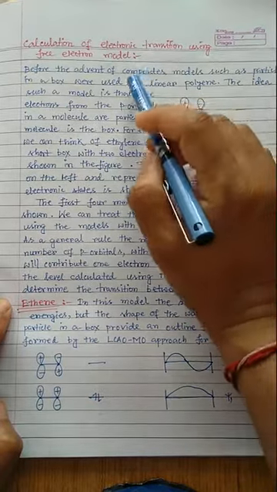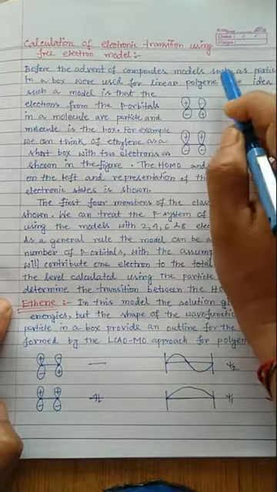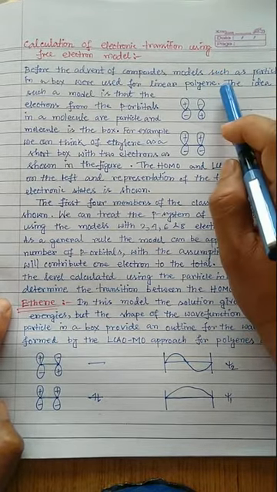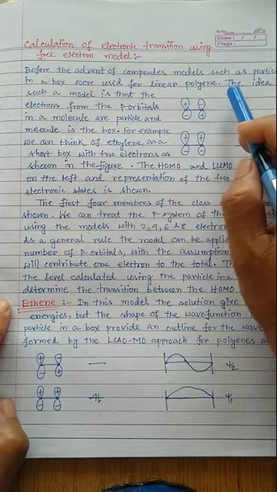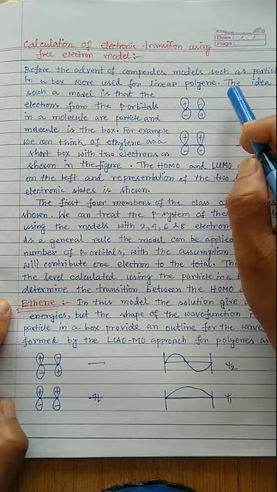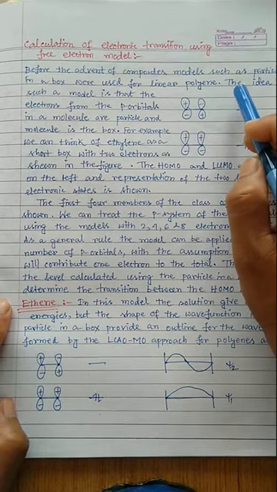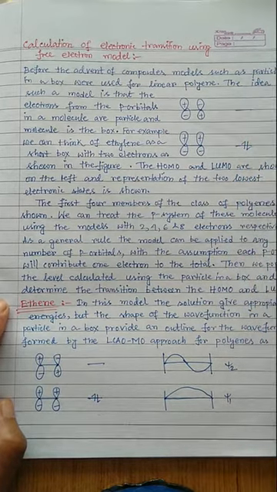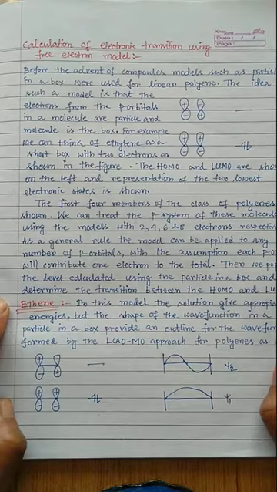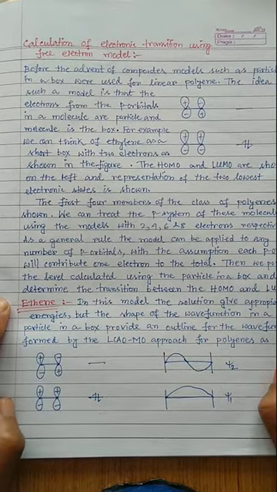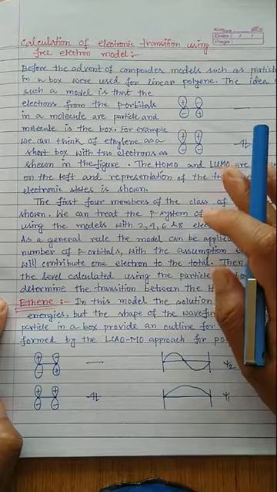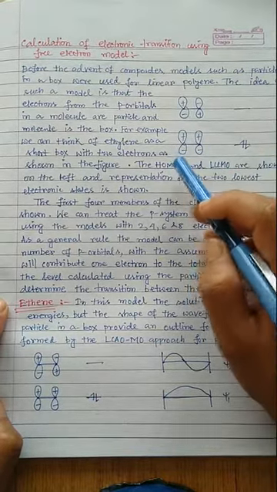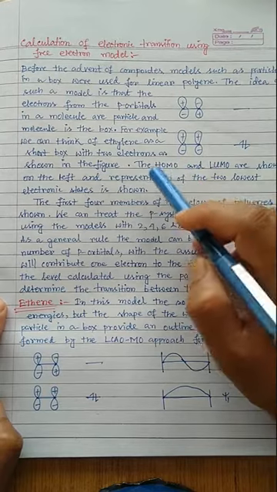Before the advent of computers, some models such as particle in a box were used for linear polyenes. Polyenes are molecules where more than one double bond is joined together in an alternate single bond, double bond fashion. The idea of such a model is that the electrons from the pi orbitals in a molecule are particles and the molecule is the box. We have already discussed this. For example, we can think of ethylene as a short box with two electrons, as shown in the figure,